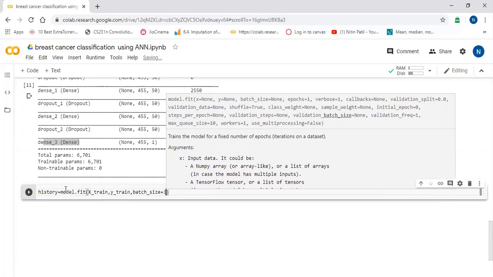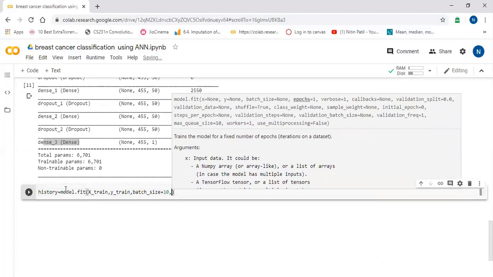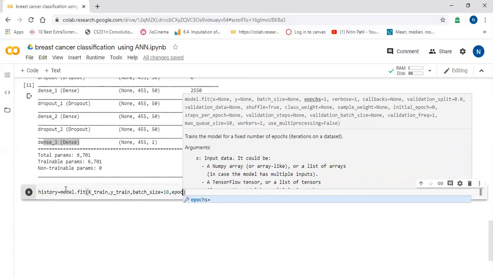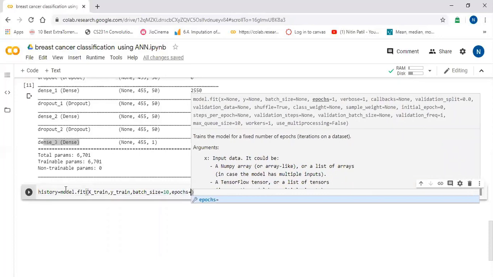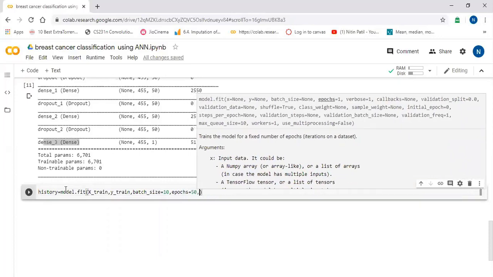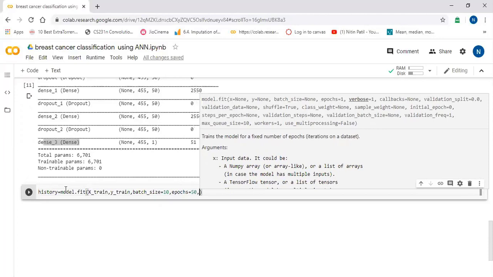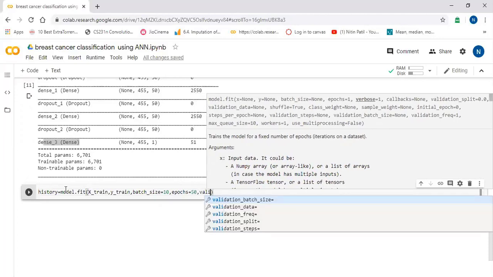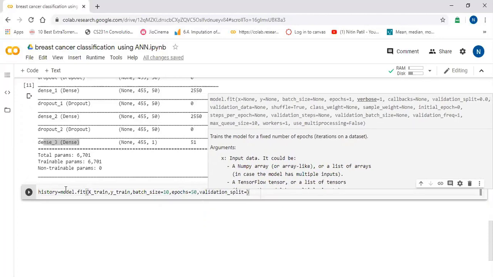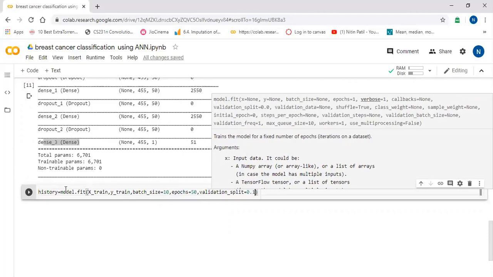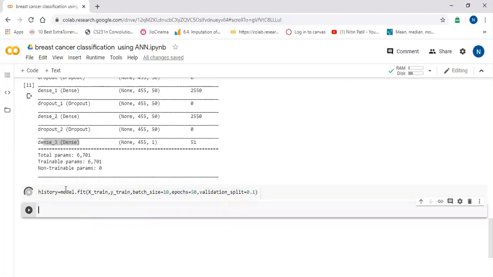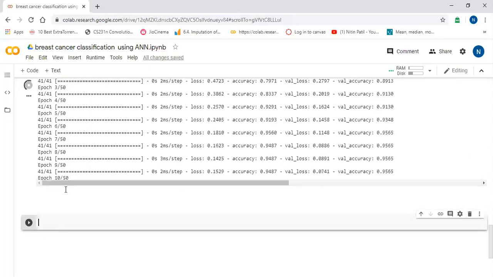Batch size I'm going to say 10, and then epochs I will say 50 epochs, and then validation split. I want to split 0.1 of the data for validation only. Now you can see our training has been started.